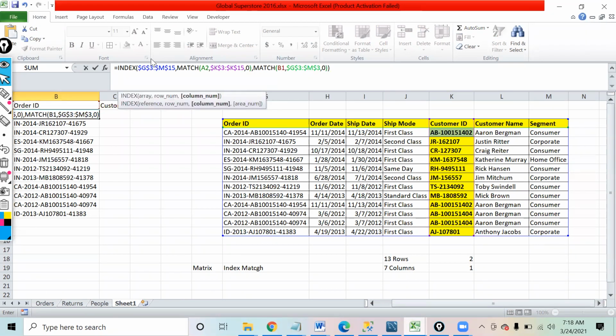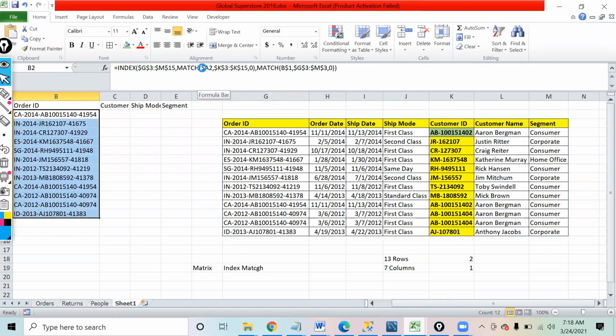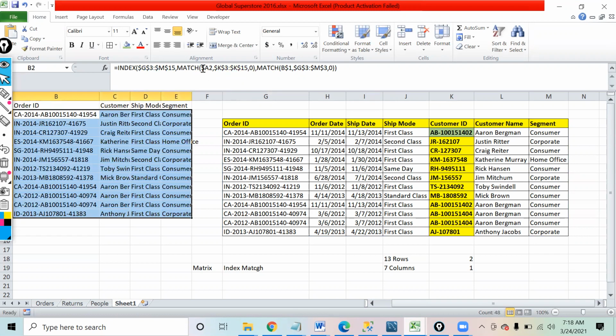But there are a couple of freezings that you need to take care of. When the formula is dragged down, this B1 should not become B2, so we will freeze this. And this A2 should not become B2, so I'll freeze this. Freezing is something that I have to take care of. Rest, everything will work now. And we see the complete formula has been created. And now the advantage is that INDEX MATCH is going to work left to right, right to left, in any direction.